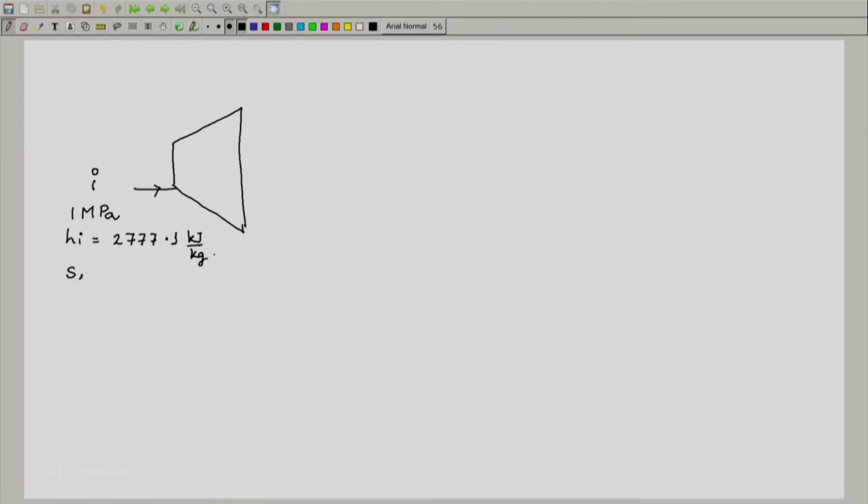The inlet entropy is equal to 6.5850 kilojoule per kg Kelvin. So, these are quantities that we have directly picked up from the steam table by looking at 1 megapascal and